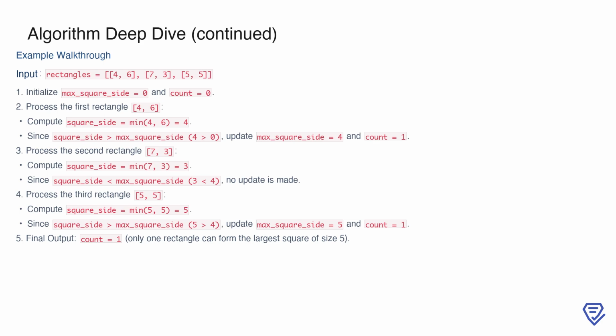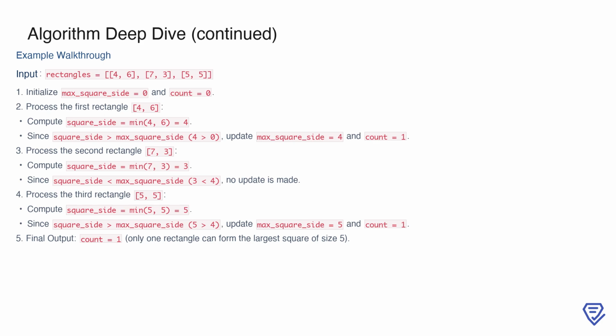set count to 1. Next, for the rectangle [7, 3], we compute square_side equals min(7, 3), equals 3. Since 3 is less than max_square_side, no updates are made. Finally, for the rectangle [5, 5], we calculate square_side equals min(5, 5), equals 5. Since 5 is greater than max_square_side, we update max_square_side to 5 and